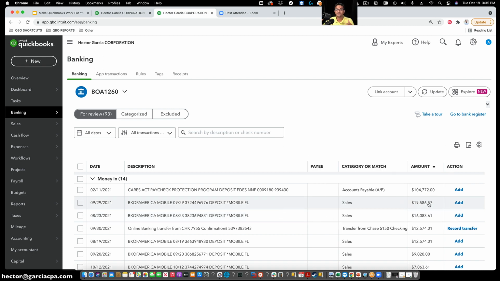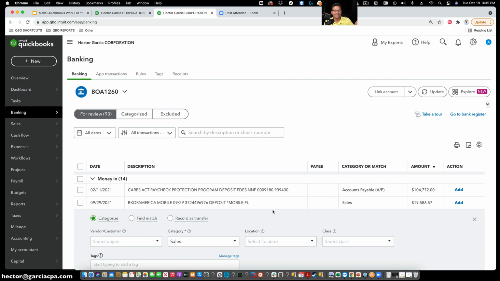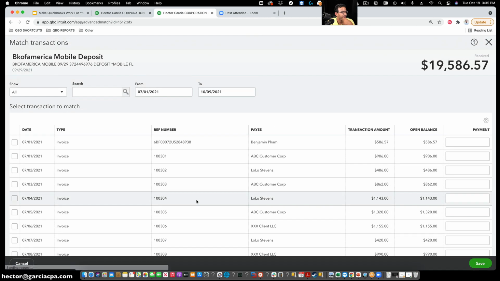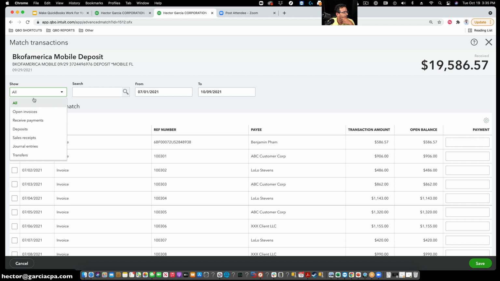With QuickBooks and bank reconciliations and automation, what you don't want is to click on add and add that into sales or something like that, because those invoices will stay open. What you want to do is match the invoices with the deposit that's coming in. So we're going to click on find match. And what that's going to do is search within your system of transactions and figure out what combination of transactions will get you there. So I'm going to come in here and click on open invoices,